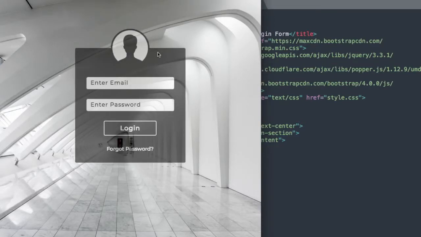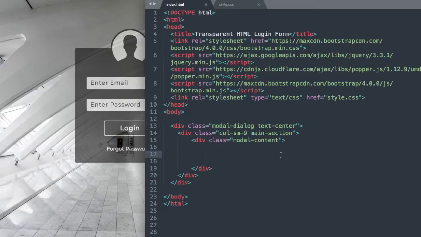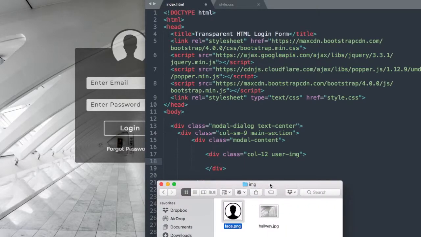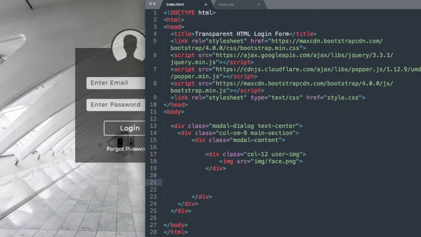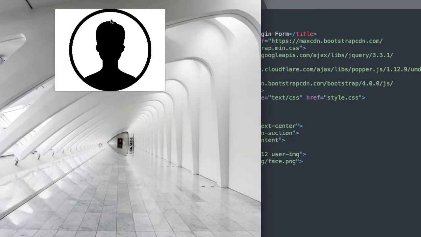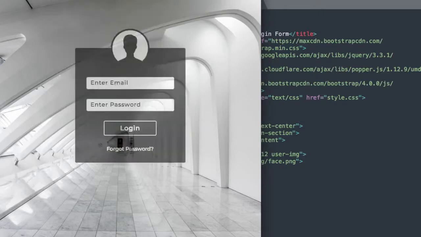Okay, so let's go ahead and add the first bit of our content, which will be the user image. So we'll say div class col-12 because we're going to use up all 12 columns inside of the actual modal, and then we'll just say user-image as our class for the image so we can reference it later in the CSS. And now we'll want to reference the face.png image. So we'll say image source img/ for the image folder, and then face.png. Okay, so now if we go and refresh in Google Chrome, there we have the face image